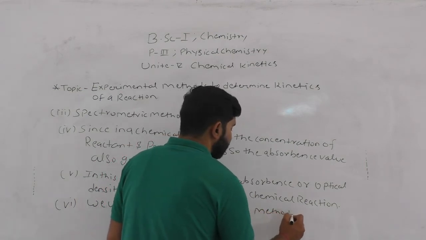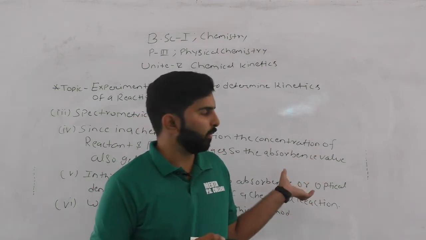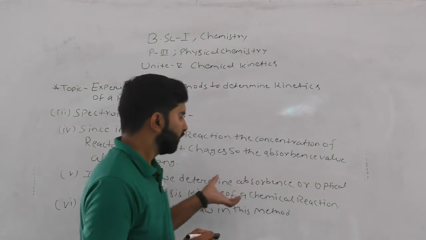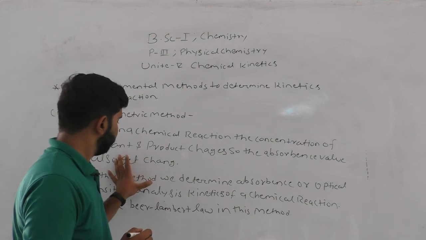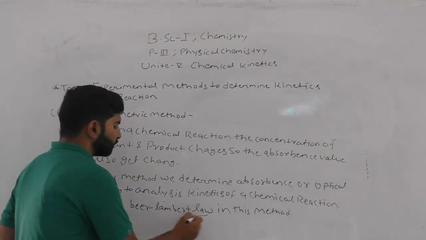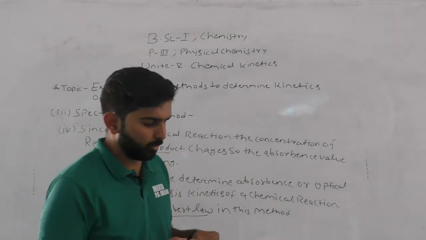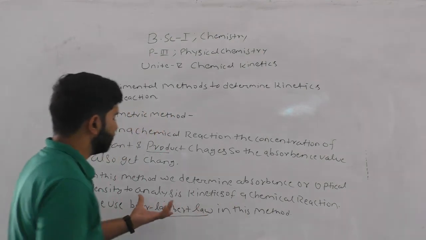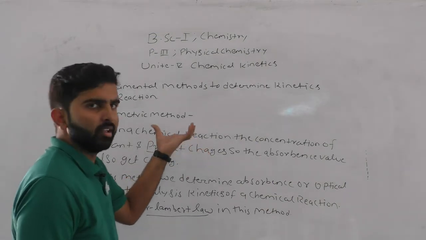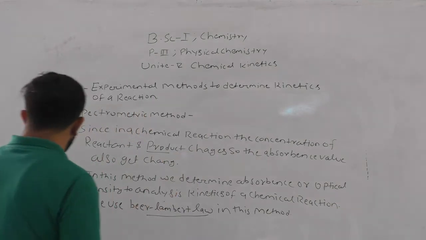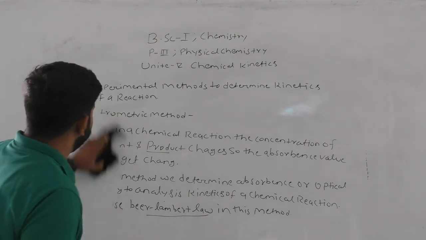The Beer-Lambert law and the spectroscopy of compounds we will study in a future class, in the second year class. Here we only need to know that we use the Beer-Lambert law and absorbance type of spectroscopy. For this topic, it is enough to know the Beer-Lambert law and the absorbance of light by the species. So, now we take an example.